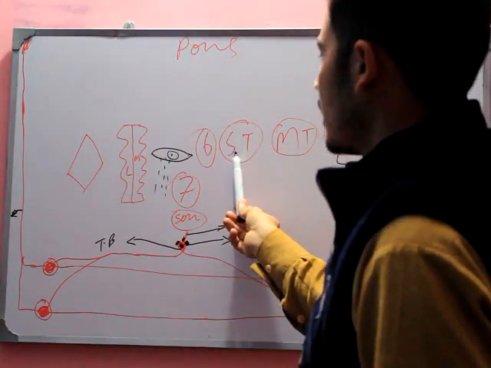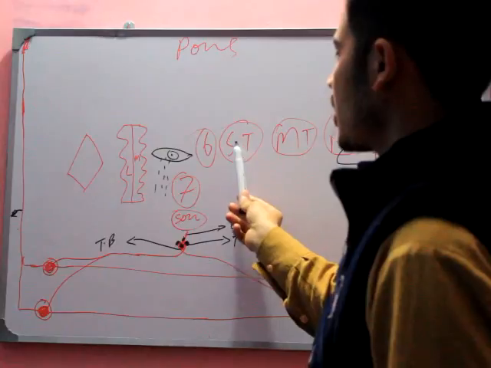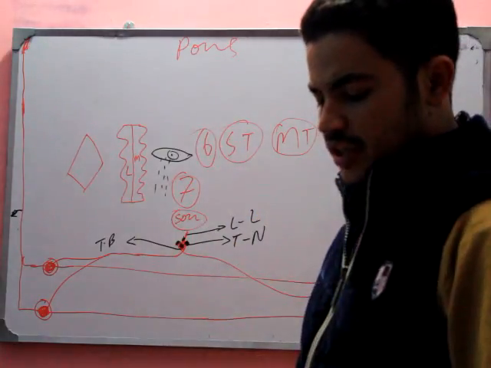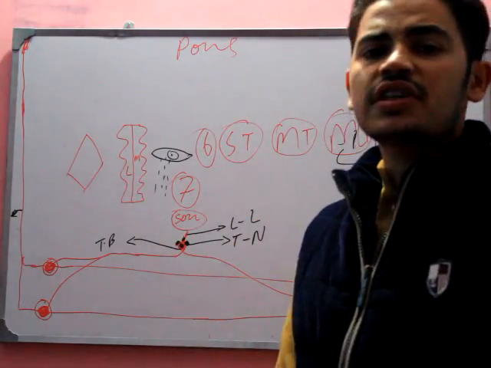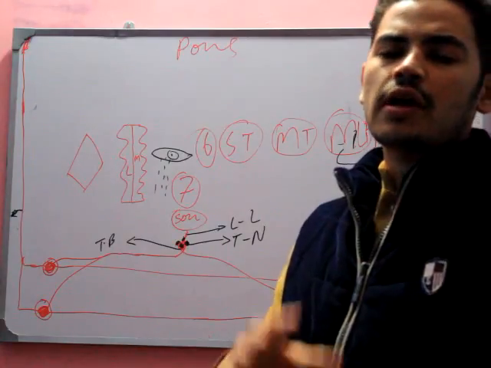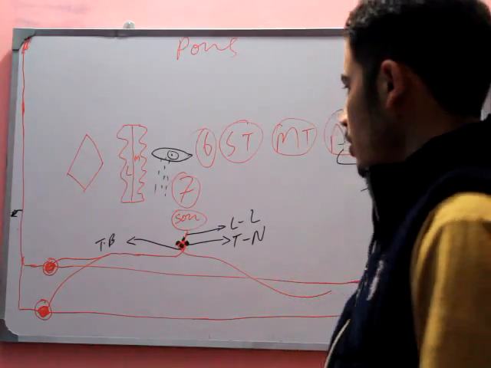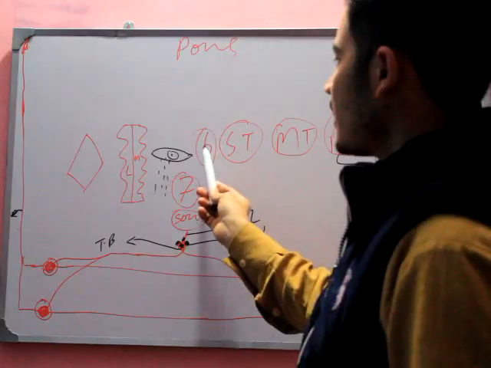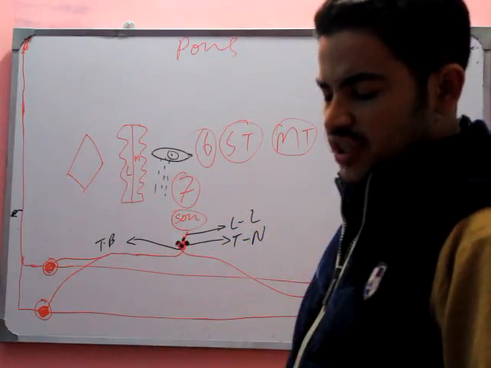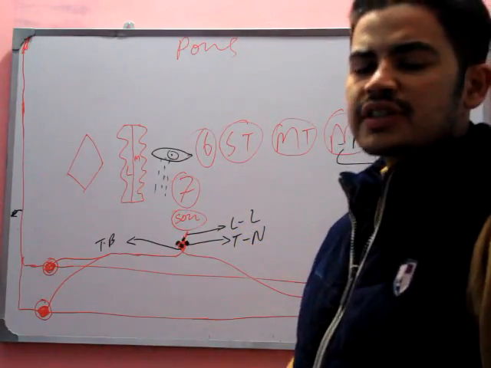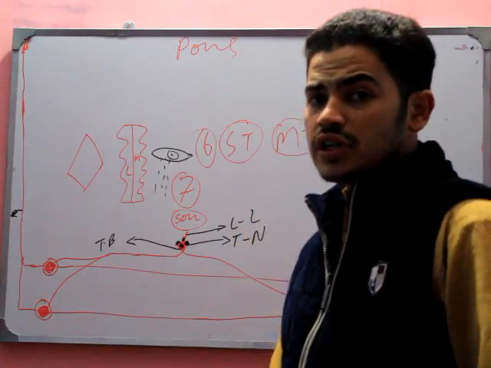On the lateral side of your sensory trigeminal nuclei, there is your sixth nerve nuclei, that is your abducent nerve nuclei. Now at the lateral side of your sixth nerve nuclei, there is a parasympathetic nucleus which is called